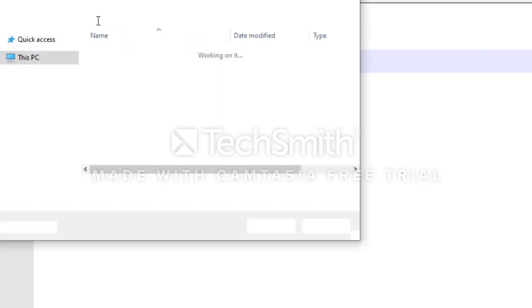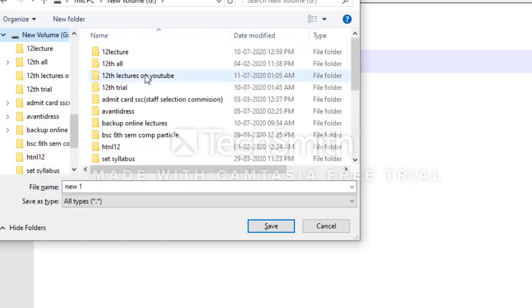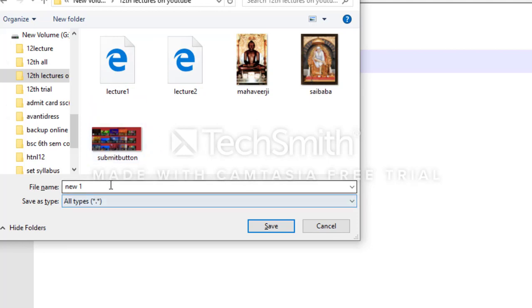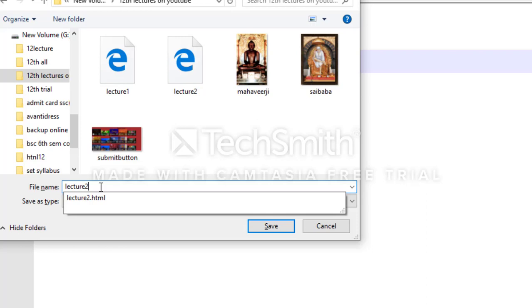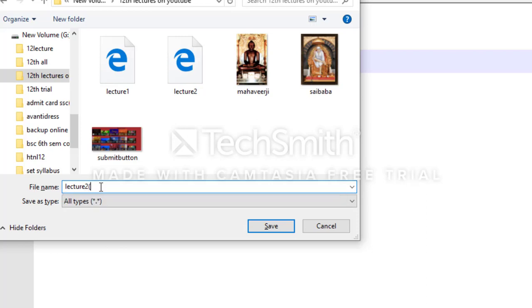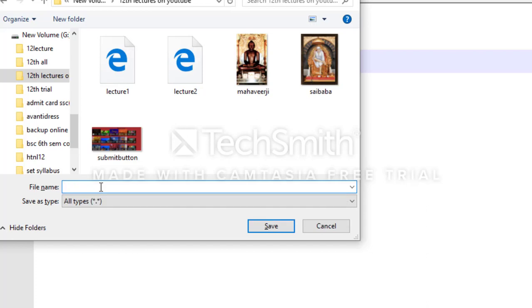Just save this file in our own folder, that means in the G drive. The name should be the easiest one, that's why I will write bottom dot html.